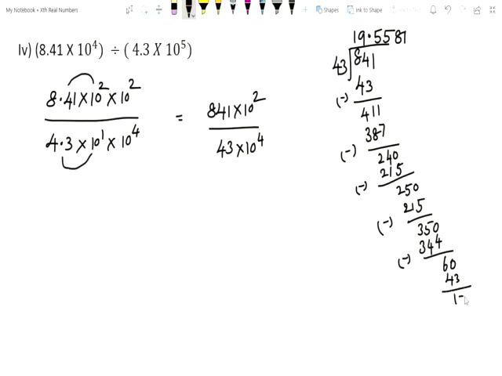Now subtract this, what will you get? 70. So add 1 0, 170. Okay. So how many times does it occur? 170? 3 times. Next in 170, 3 times. 3 3s are 9, 3 4s are 12. Subtract this, 10 minus 9, 1, 6 minus 2, 4. Now add 1 0, 410. How many times does it occur? 9 times. So 9 into 43, what will you get? 387.